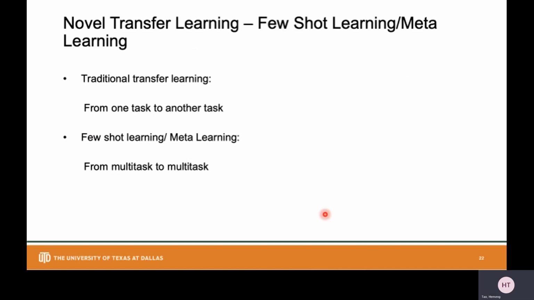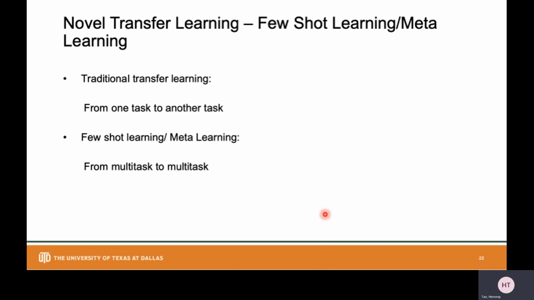And next, I will give an introduction to another kind of transfer learning, which is pretty novel and was proposed in recent years, called few-shot learning or meta learning.